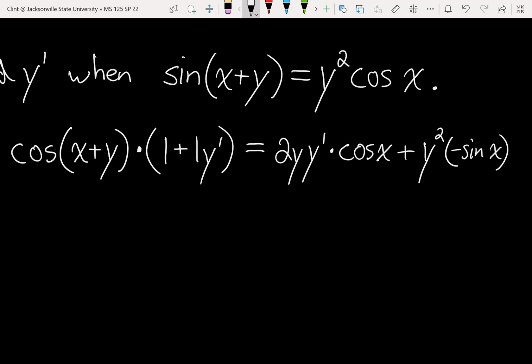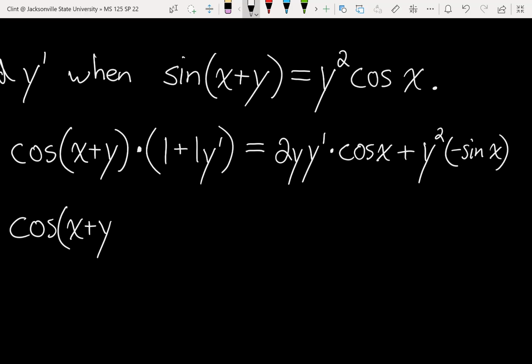I think probably what we need to do is distribute this cosine x plus y. Not too bad since these are one coefficients and on the left. You may be able to do it another way. That's just how it looks to me. So let's see. So that would be